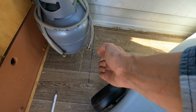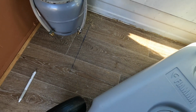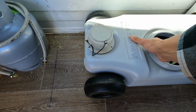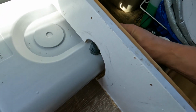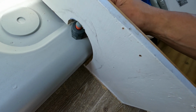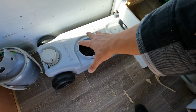So we can't go past this line here. Beautiful. And even if this nipple is up, still needs to work. And, not quite. Okay, next step is to route the